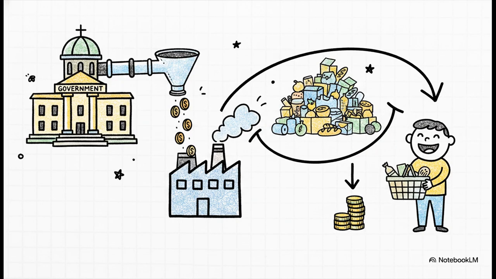Now, the exact opposite of that is a subsidy. Instead of taking a cut, the government is essentially injecting cash right into the market. They provide financial grants to artificially lower the cost of production. It's an incredible tool because it encourages producers to make more of an essential good while simultaneously keeping the final price nice and low for the consumer. It's basically a win-win scenario, entirely funded by the state.